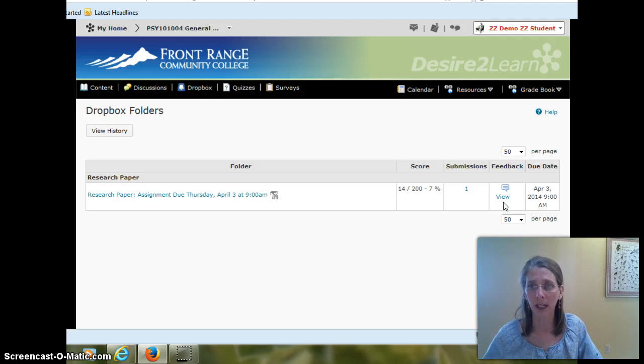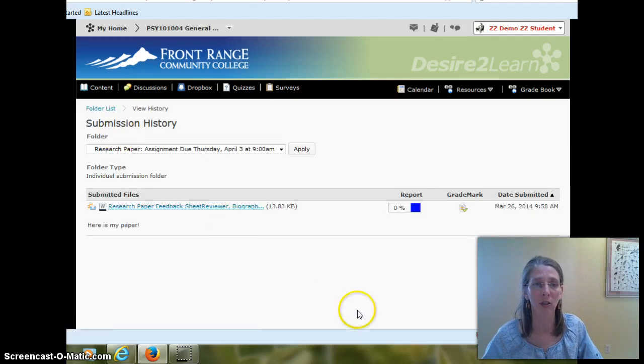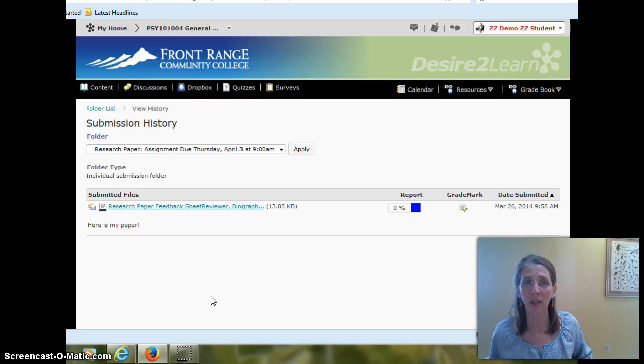There are a couple of different ways to get to the next screen. You can either click here on View Feedback, or you can click here on View History, and they both bring you to this next screen. I clicked on View History, and here is what comes up next. So it shows you the history of different submitted files. So I only submitted this file once. You can submit multiple times to Dropbox, and I grade the most recent submission that comes in prior to the